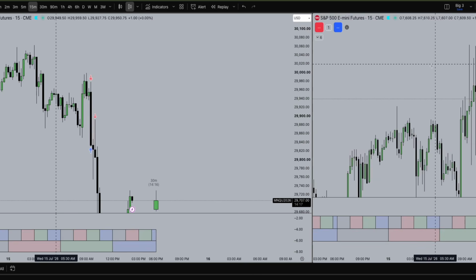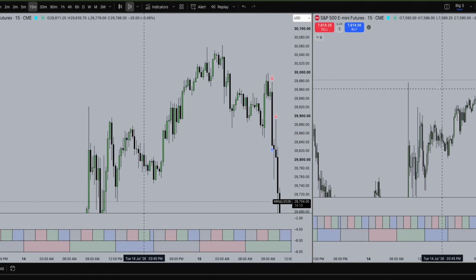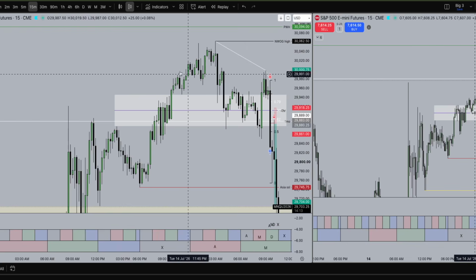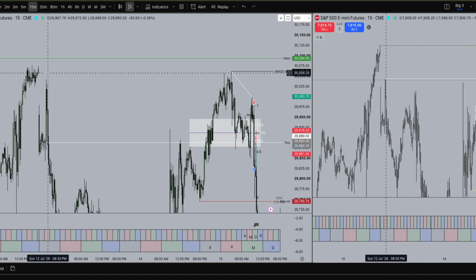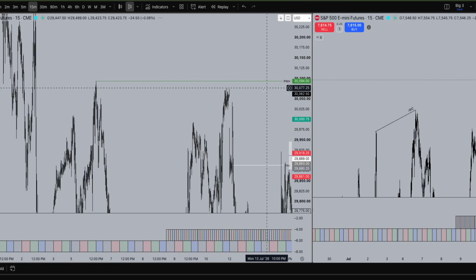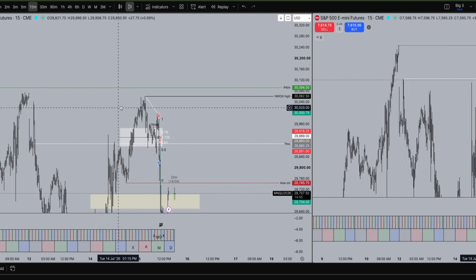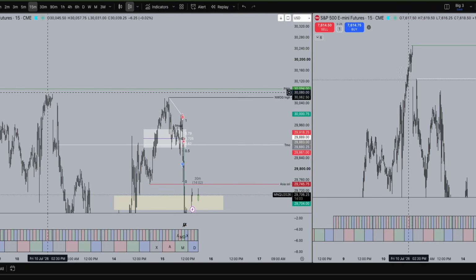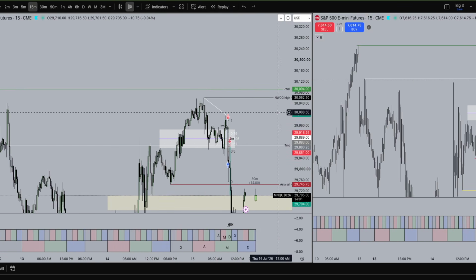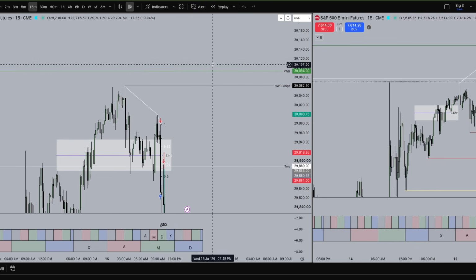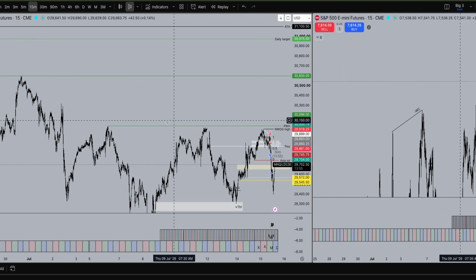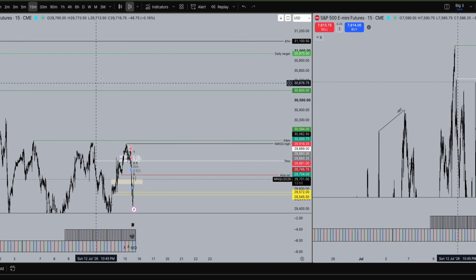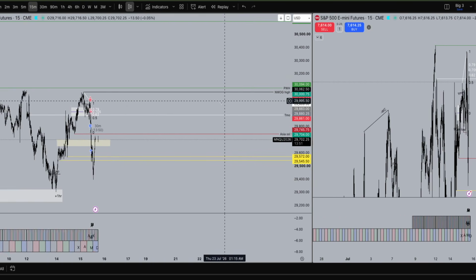Let's bring up ES. You can see that we did sweep the high of the week, and that was kind of our signal. We had a bearish weekly cycle that we still had in play from when I mentioned our high that hadn't got taken yet, these highs that haven't got taken. So we have our weekly cycle in play. It's kind of just been lagging along, keeping previous week high intact and separating us from these premium targets, the daily target here, and then the OTE buy side liquidity.